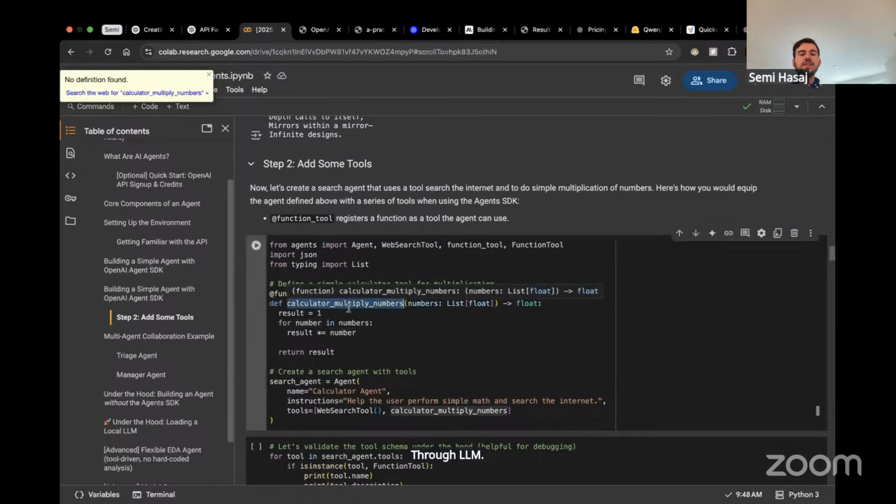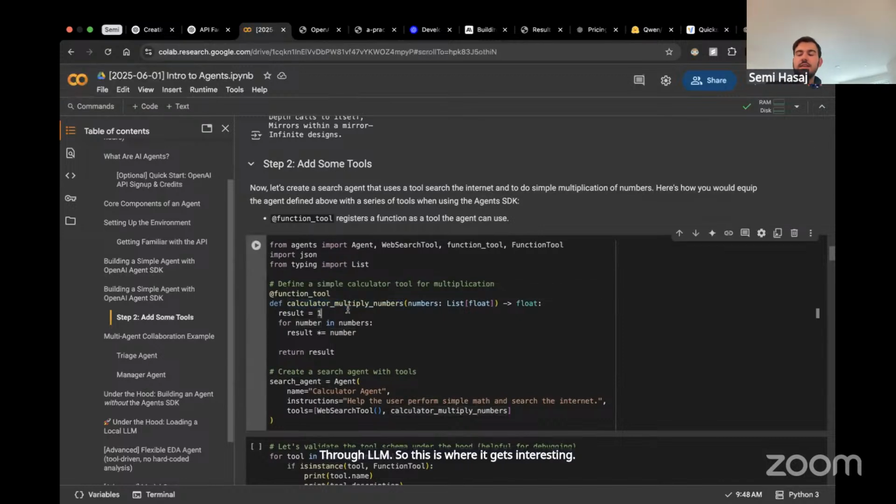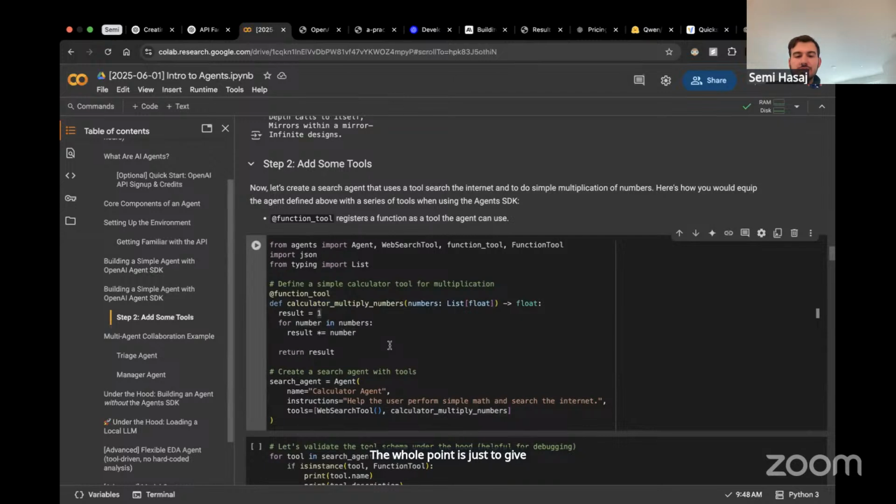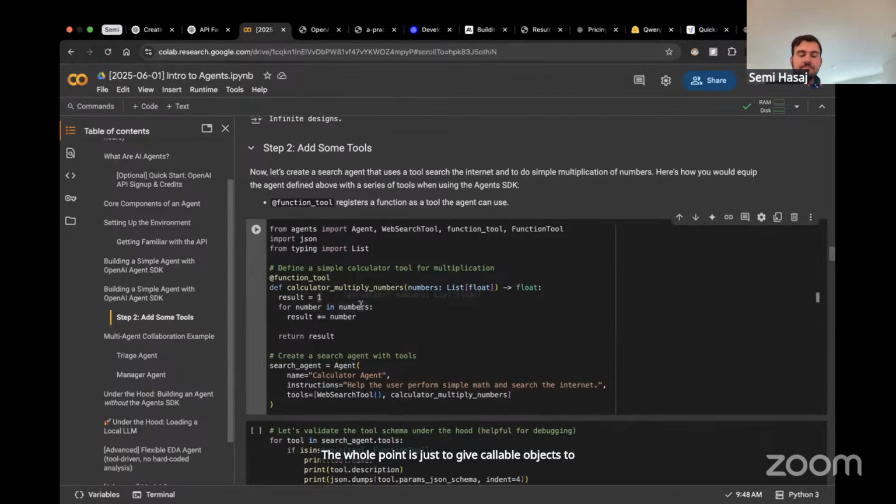So this is where it gets interesting. And every agent library has a similar but slightly different way of doing this. The whole point is just to give callable objects to your LLM.